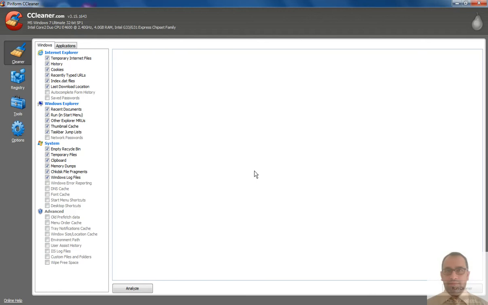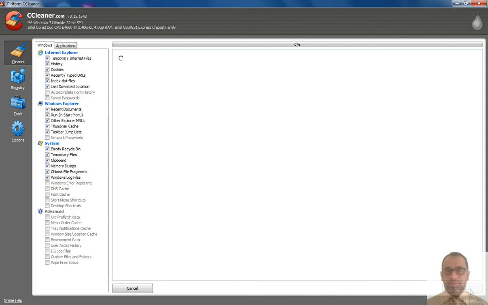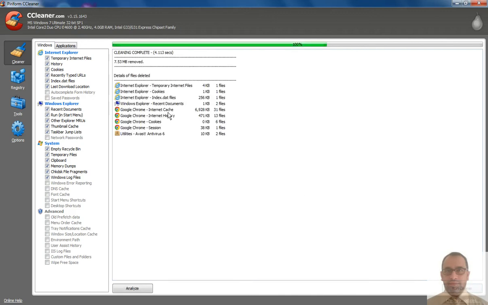It has to be cleaned, only then will it have more space and it can run more efficiently. You can click analyze to analyze them, and here you can see that on my computer all these files can be safely removed. I can click cleaner over here and just wait about 2 minutes and it has cleaned.